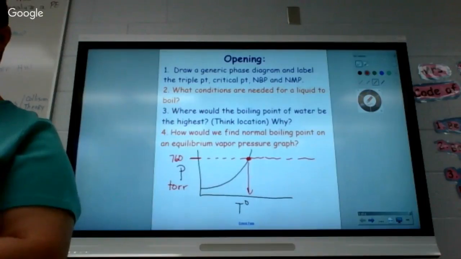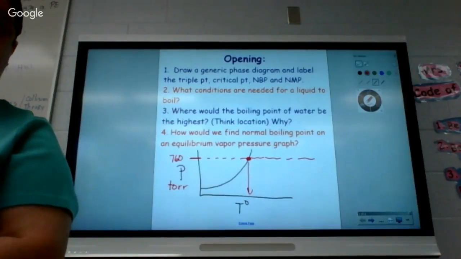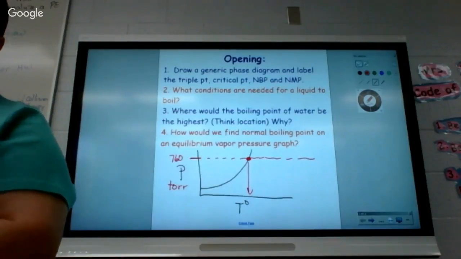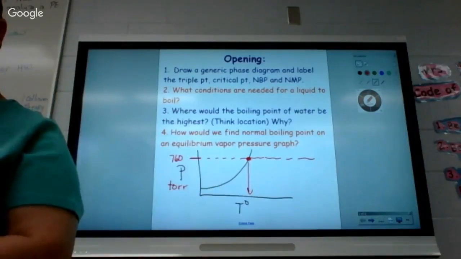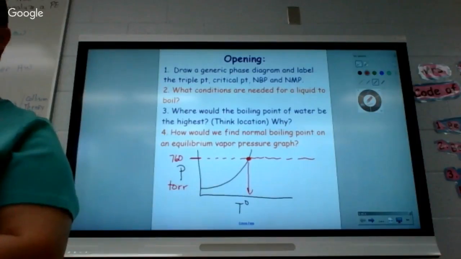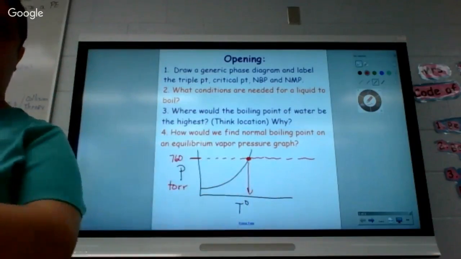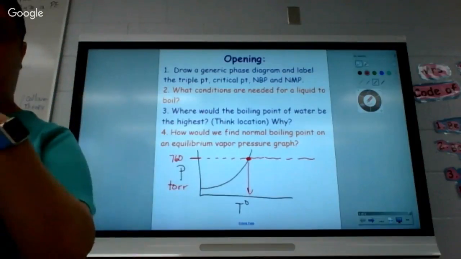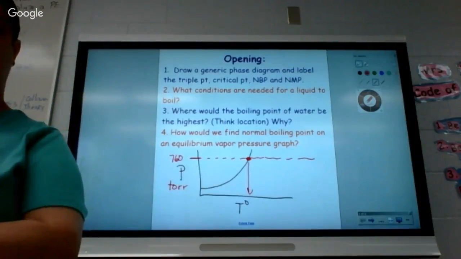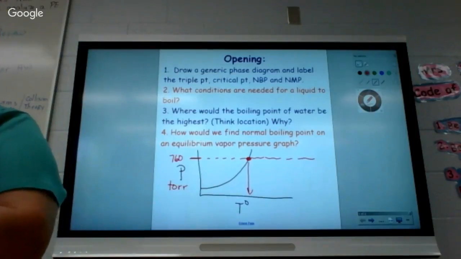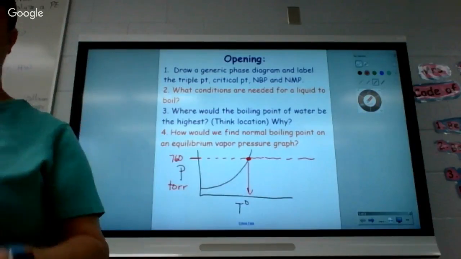What is glycerol? Oh, glycerol, it's just a liquid that you can compare to water. So if it says glycerol boils at a higher temperature than water, what does that tell you about its attractive forces? If water boils lower than glycerol, what does that say about the strength that water holds its bonds together versus glycerol? It's going to be weaker. Water will be weaker. Glycerol's attractive forces will be stronger.